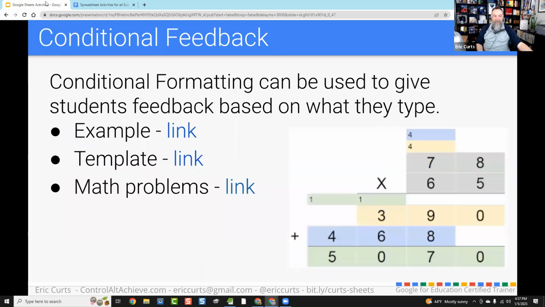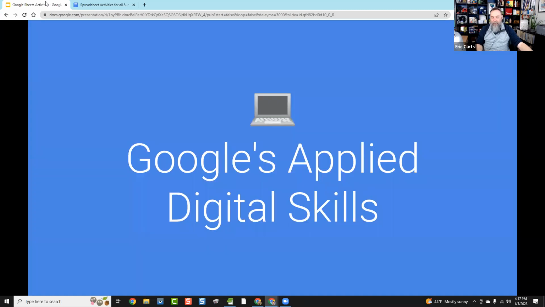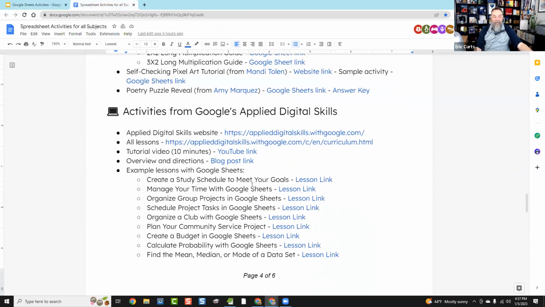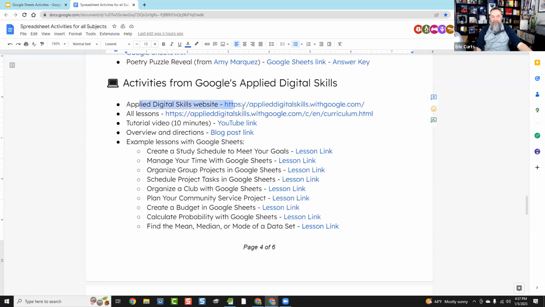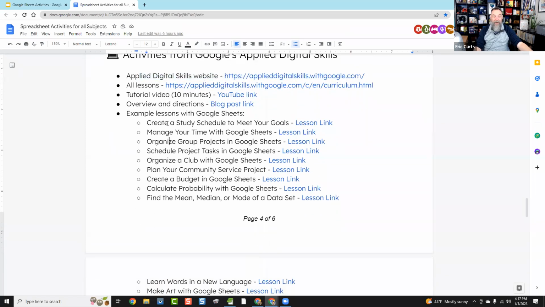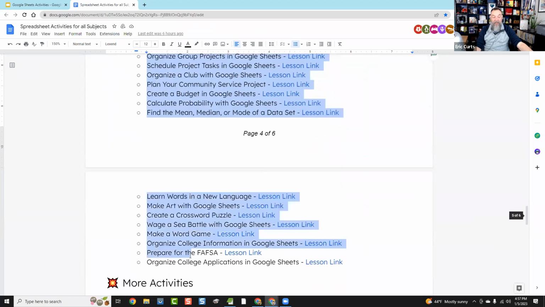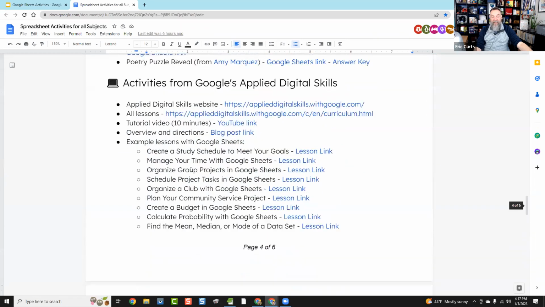The only thing I have after that is a collection of some lessons from Google and their Applied Digital Skills website. Applied Digital Skills is a wonderful website where Google has tons of lessons and videos that go along with them. And I just pulled out a couple of them that are spreadsheet related. So if you want to do any of these activities with your students, the beauty of it is you don't even have to create anything. Google has already made the lesson plan, and they've already made the videos that teach the students and hold their hand step by step through